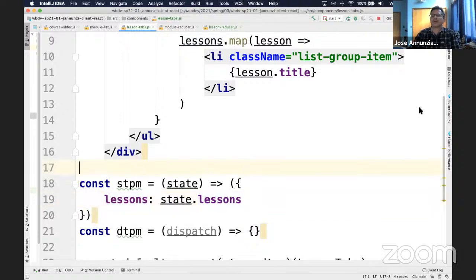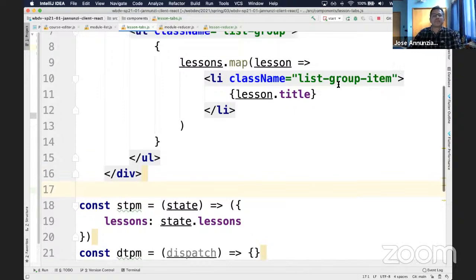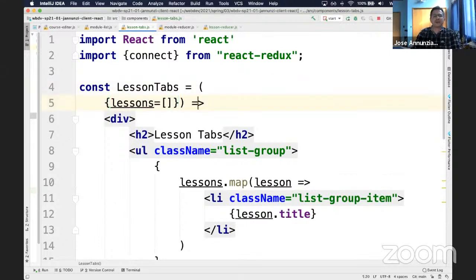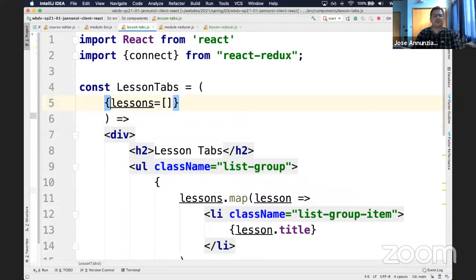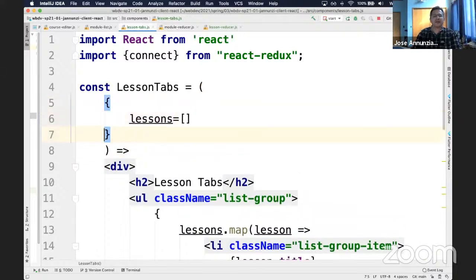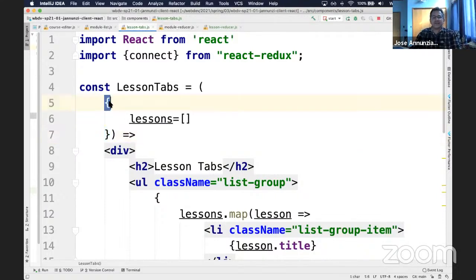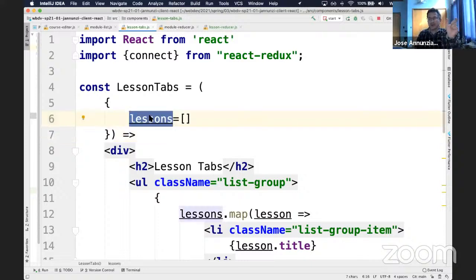Okay, right? Let's see. There's a question in the chat. Could you please reiterate how the lessons array in the parameters works? Yes. So this over here, right? So let me put this. There might be multiple components or multiple arguments here. So let me just put this in a separate line like that. There we go. Okay. So remember, this here is a destructor, right? So presumably you're passing an object, right, that has many properties, of which I am extracting a property called lessons,